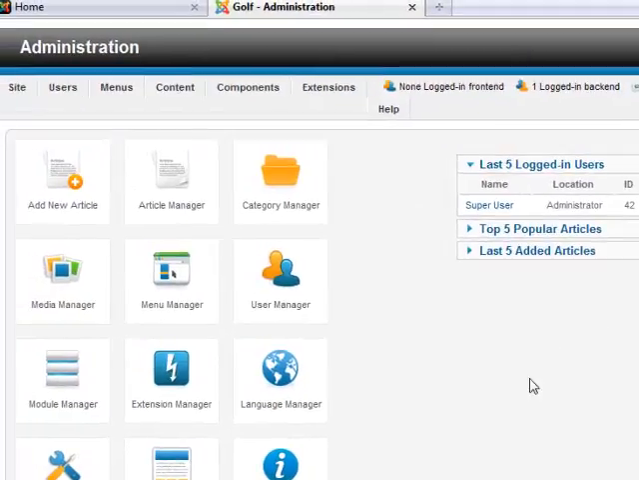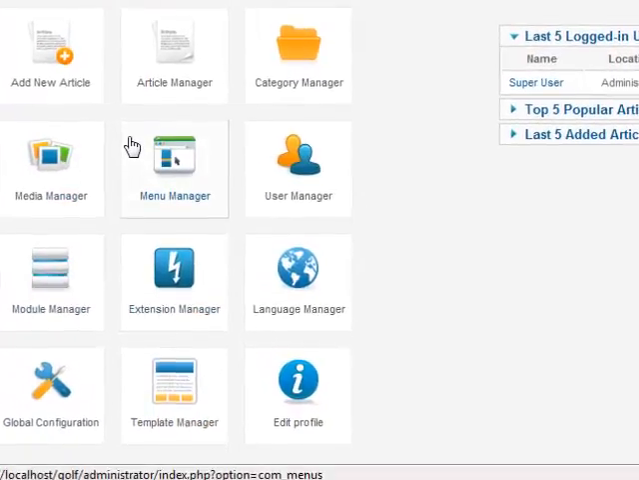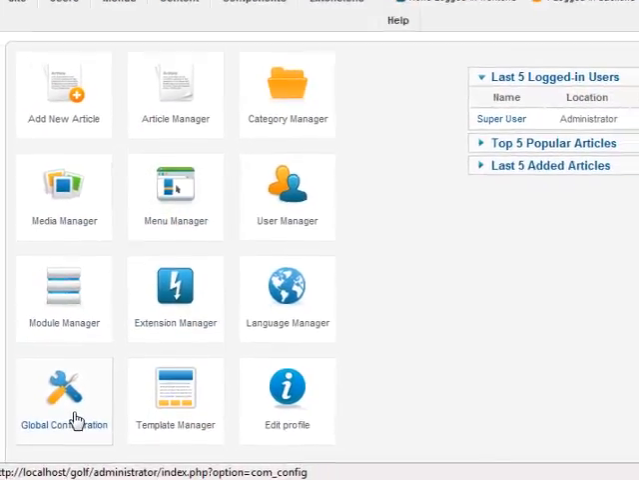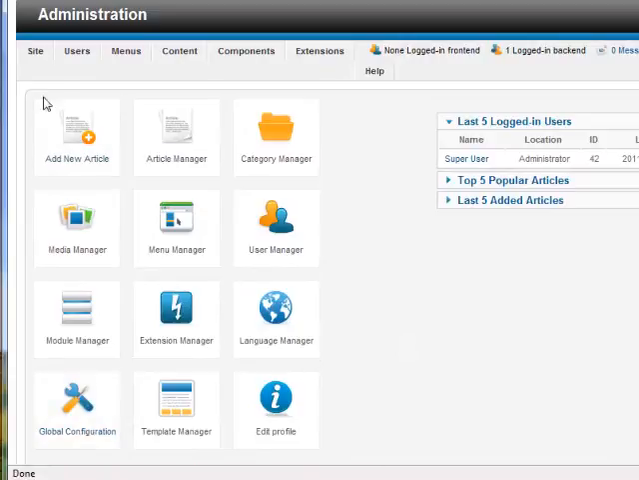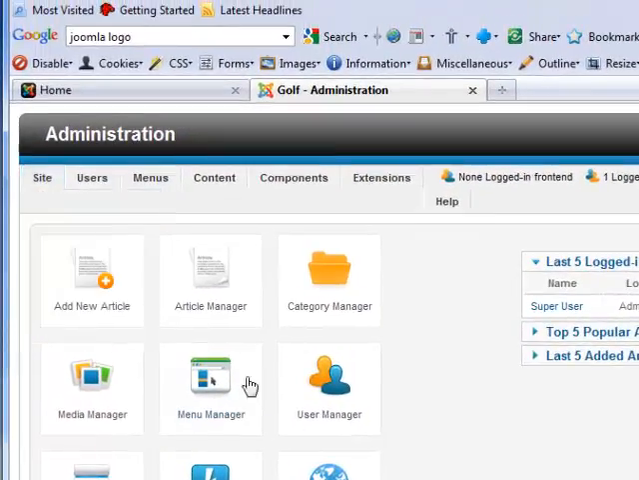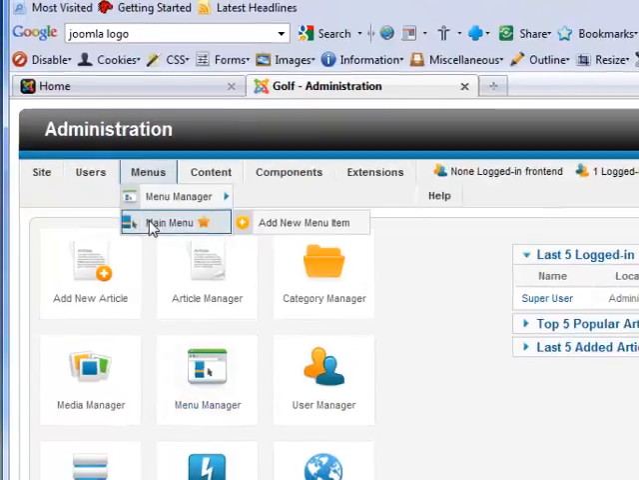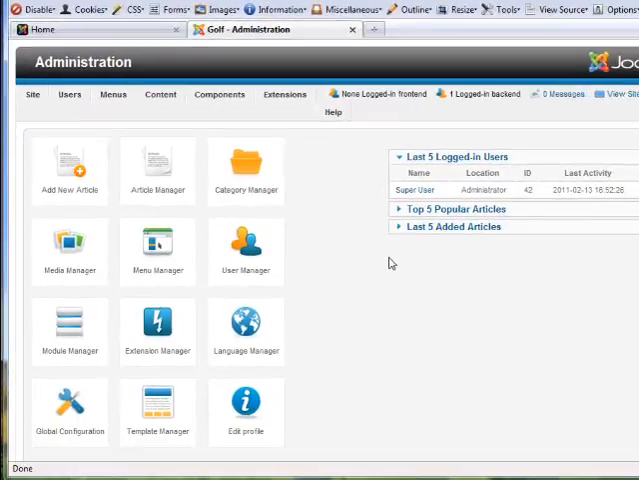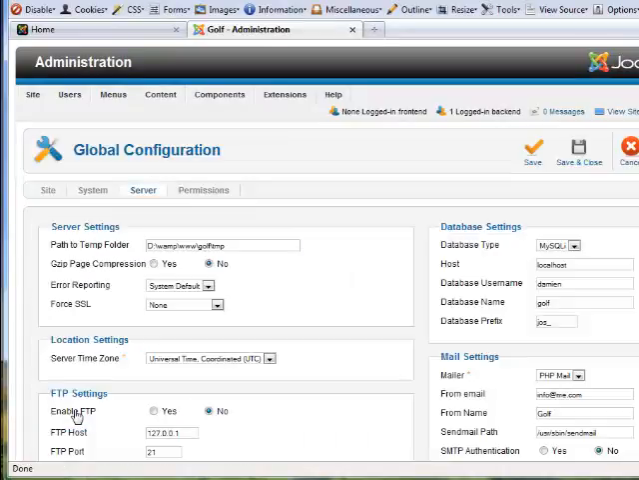From here, the first thing I want you to notice is that we have some quick icons here. Like if we're going to global config, we can also get to it from Site, Global Config. Like the menu manager, we can get that from Menus, Main Menu, and stuff like that. But first of all, I want to go to global configuration, and we'll just have a look at